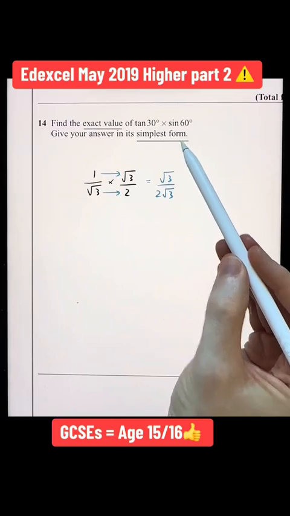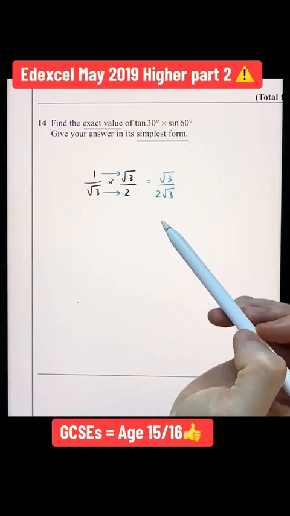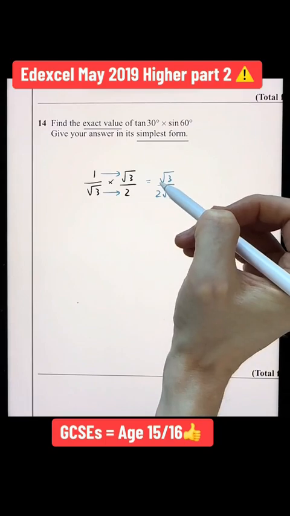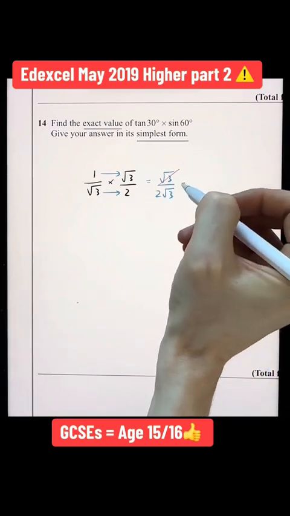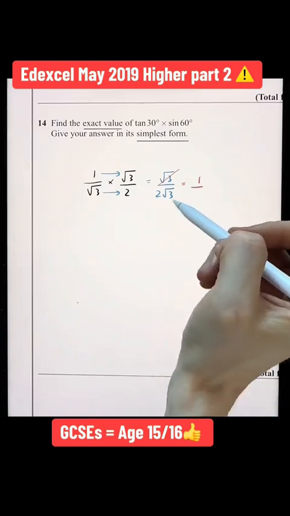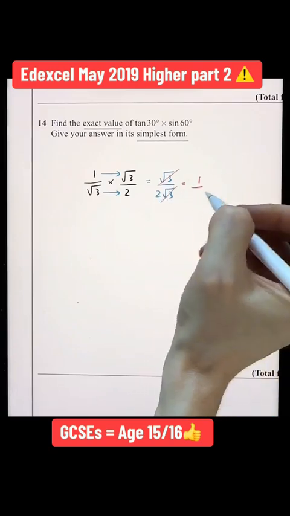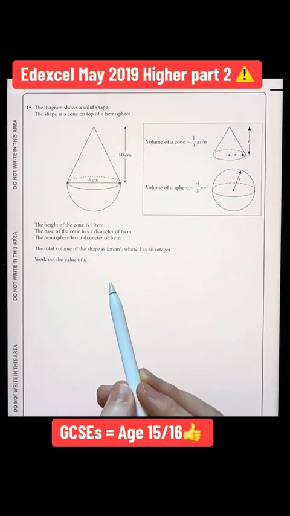As we're asked to give our answer in simplest form, I can divide top and bottom by root 3. On the top, root 3 over root 3 will cancel to give us just 1. And the bottom, 2 root 3 divided by root 3, the root 3's will cancel to leave us just with 2. Question 15. The diagram